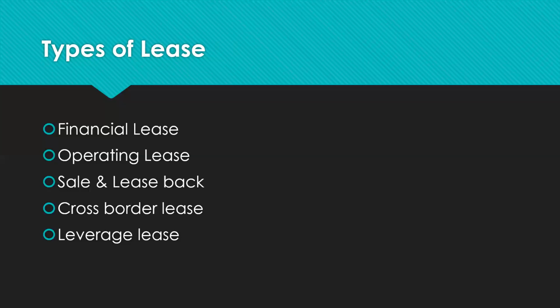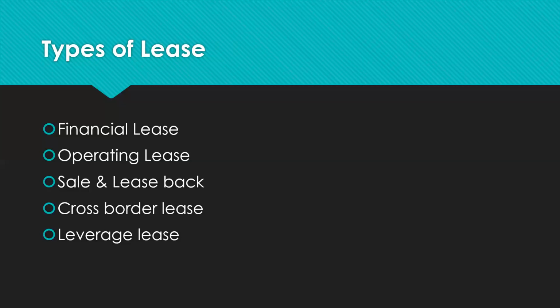It's very simple. If you are purchasing a particular machine, you'll be contributing 20% of the funds from your own savings. You will be borrowing 80% of the funds. You buy that asset. Instead of using it, you will be leasing it out or renting it out to someone else. That is known as leverage lease. You're buying on debt and then you're leasing it out. That is all. Just keep that in mind.